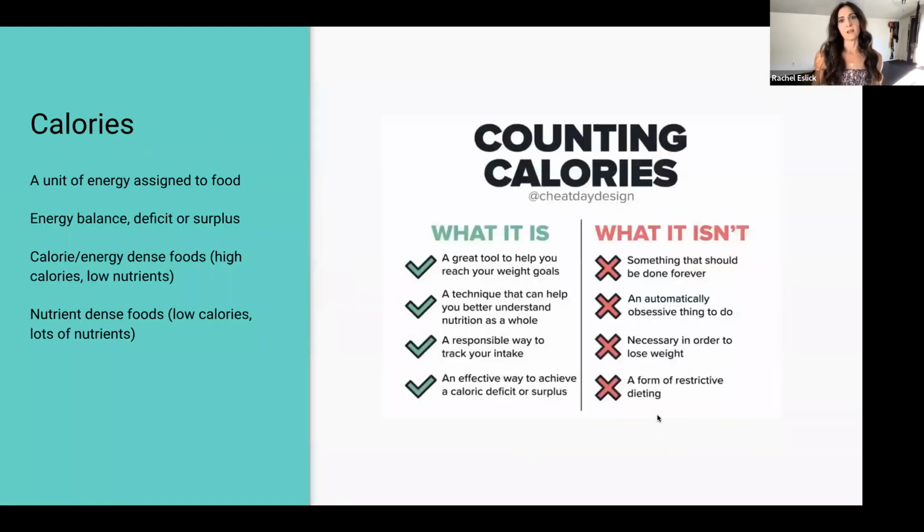First, what is a calorie? A calorie is just a unit of energy that is assigned to a food. So the only thing that doesn't really have calories in it would be water. Every food has calories. Most drinks have calories, including alcohol, believe it or not. And so calories aren't a good thing or a bad thing, they just are. It's just a unit of energy, calorie.